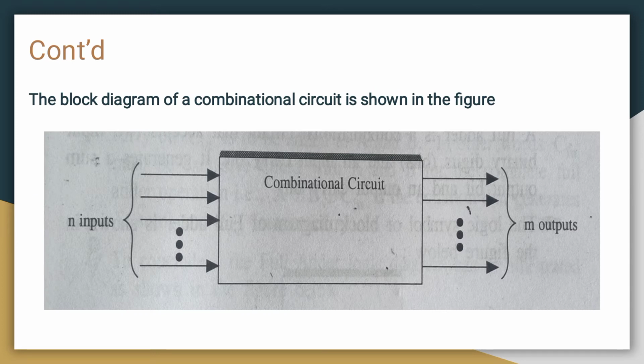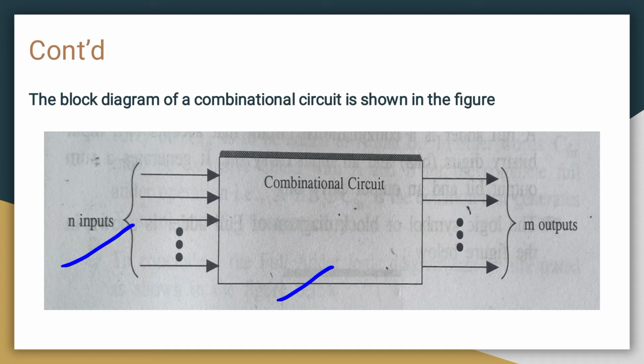So this is the block diagram. See here, we have a circuit. In this you can add as many gates as you like, but the minimum is 2. The inputs you have to give depend on the gates. If you are using 2 logic gates, for example AND gates, then depending on the gates you have to take the inputs.